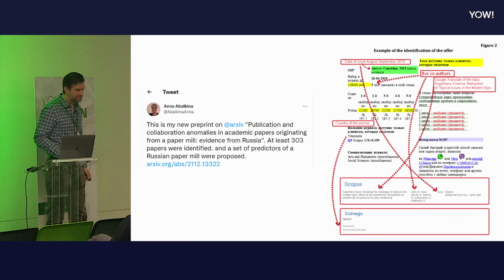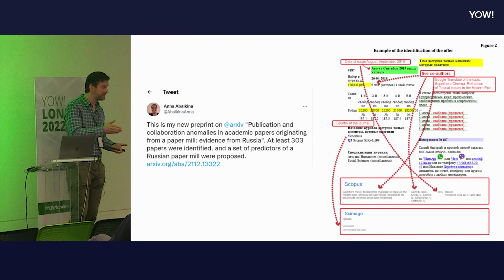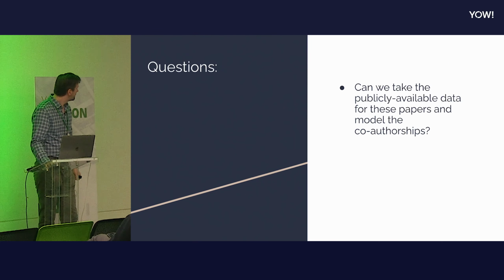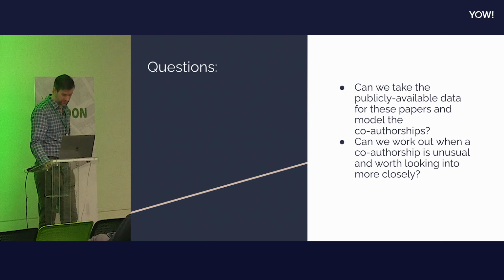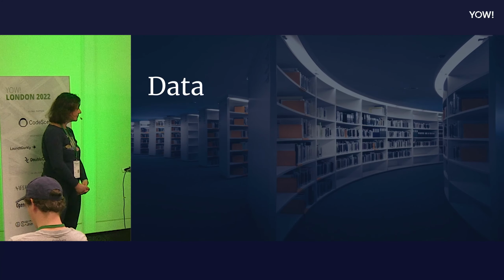And well, this is really great for us because it means we now have this kind of ground truth data set, right? Which is a really rare thing because usually you can't find enough to train models, right? But now we have this data set where we know that the authorships were brokered, okay? And so what we can do is we can get another data set of related papers, so just similar papers, and then we can compare the two, and we can start to see, well, can we actually tell the difference? So, these are our questions. Can we take that publicly available data, model the co-authorships, and can we tell the difference? So I'll now pass you over to Ebru, who will tell you about the data engineering part of this. Thank you.